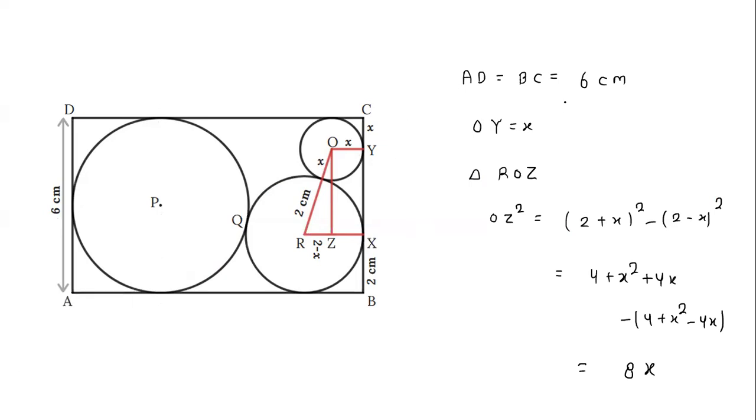So now we know this BC length is 6 centimeter. There is another way to write this BC length in terms of the radius of the smaller circle, and let's see how we can write that. So let's assume this OI as X. So we are assuming the radius of this circle as X.